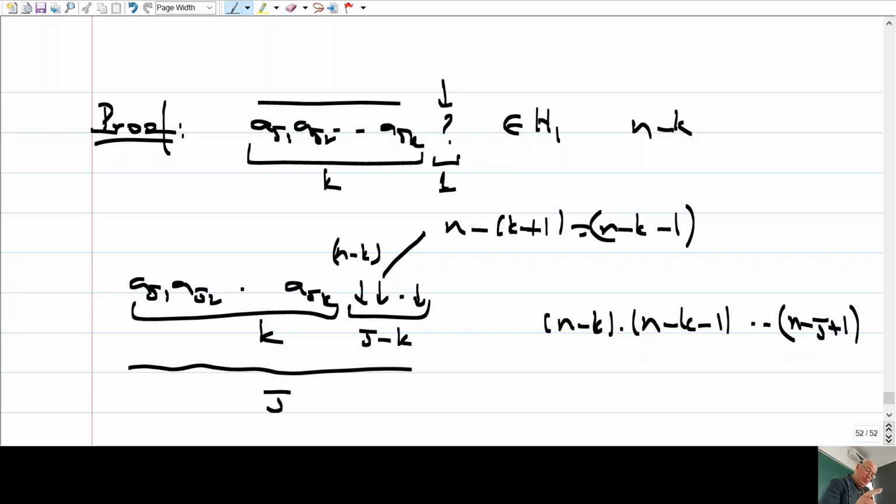All right, let me repeat it. For the first slot, I had n minus k choices. For the next one, I had n minus k minus 1 choices. And for this one, total length is j. So for this one, I have n minus j plus 1, right? And if j was k plus 1, then I would have